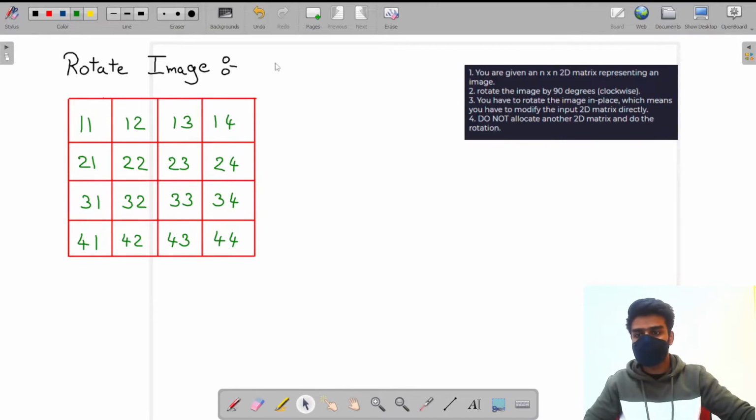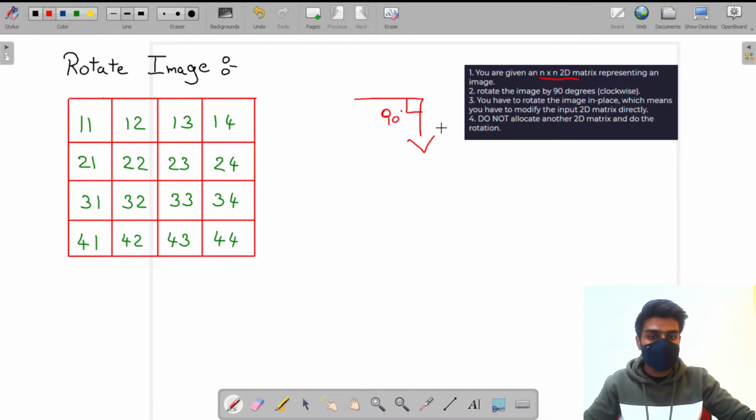So the question is, you are given an n by n 2D matrix which is representing an image. I have created a 2D matrix which is representing an image. Rotate the image by 90° clockwise. 90° clockwise is this direction. Now you have to rotate the image in place, which means you have to modify the input 2D matrix